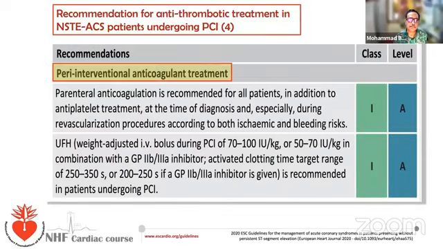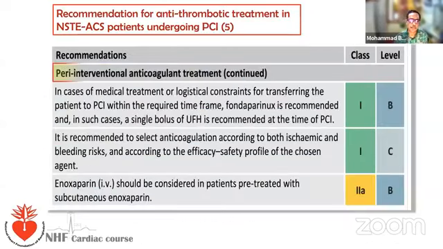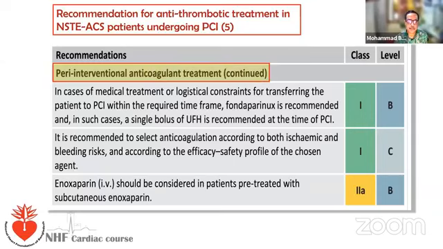Regarding parenteral anticoagulation, we know it should be used during diagnosis, especially during the resuscitation procedure. Unfractionated heparin is the drug of choice, and ACT should be maintained at 250 to 350, or 200 to 250 if you are using a 2B3A receptor inhibitor along with heparin. Now, an interesting aspect is that